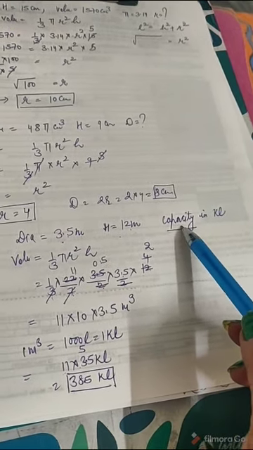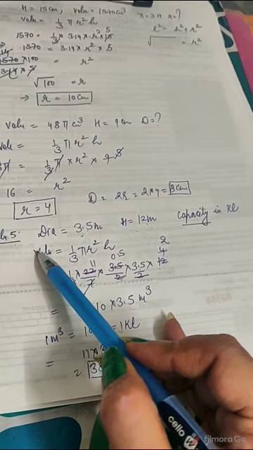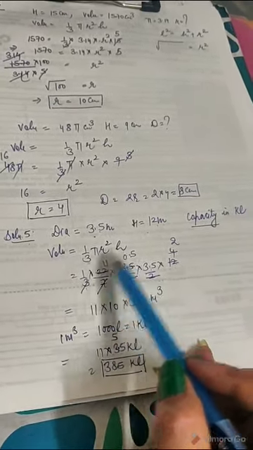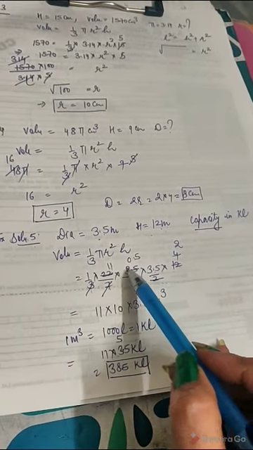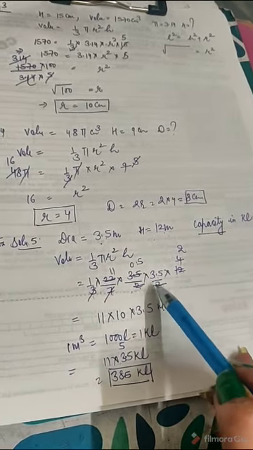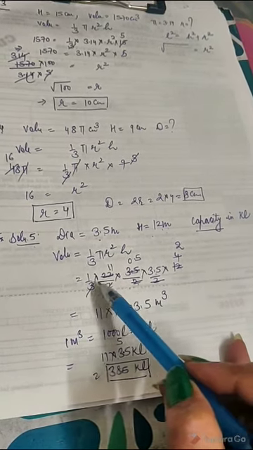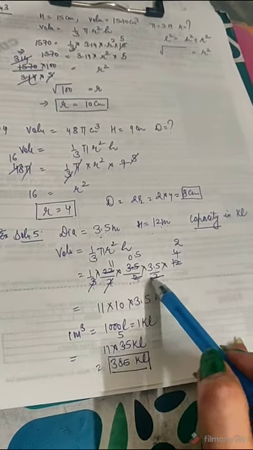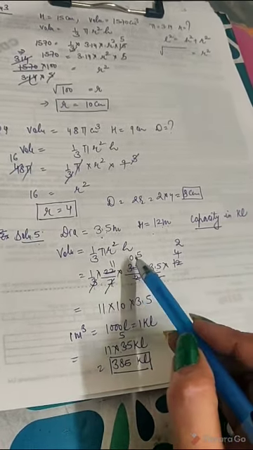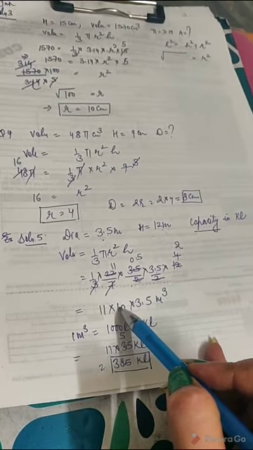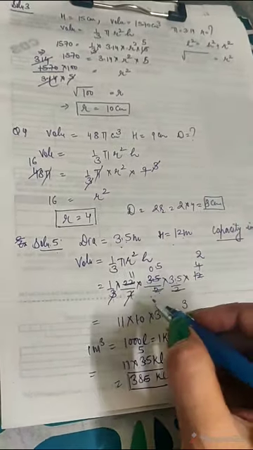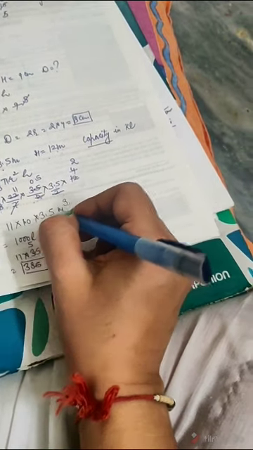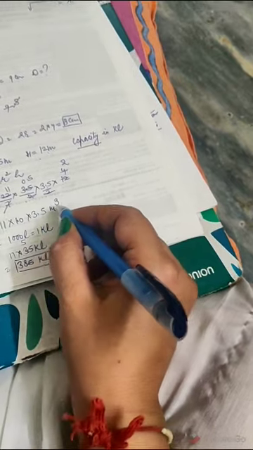For finding the capacity, you should be knowing its volume first, then we will convert this meter cube into kiloliter. Volume is 1 by 3 pi r square h, 1 by 3, 22 by 7 into 3.5 divided by 2 into 3.5 divided by 2 into 12. This is 7 zeros are 7, 7 fives are, and this is 3 fours are 12, and this is 2 11s are 22. That is, 11 into 5 into 2 is equal to 10. So this is 1.0 only, and this is your 3.5. 11 into 3.5 meter cube.